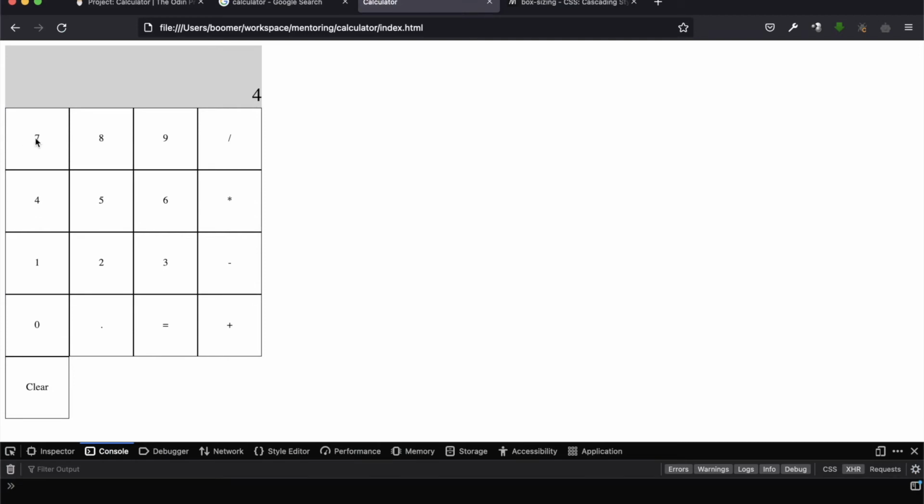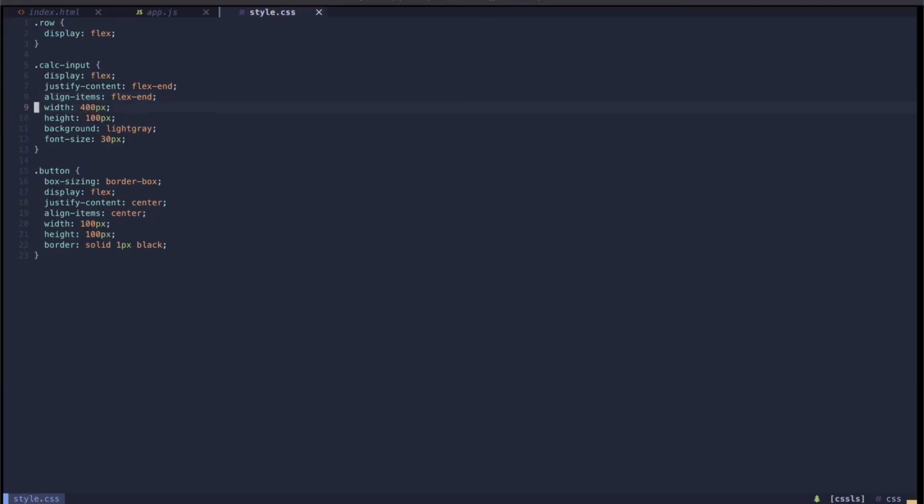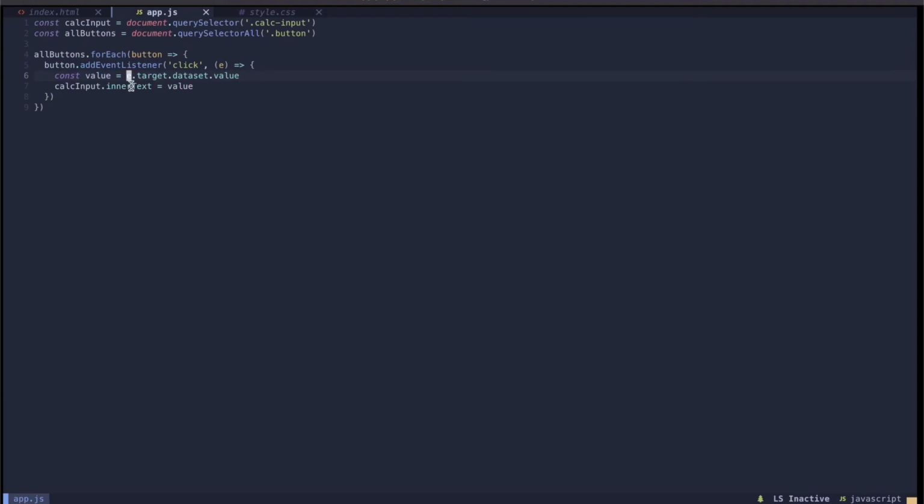but I don't want to replace it each time. If I do 8 and then 9, I want it to be 89. So the reason that that's happening is all we're doing is we're just saying, hey, whatever inner text is, just set it to this value. So we should be able to do something like this, and what this is going to do is just like